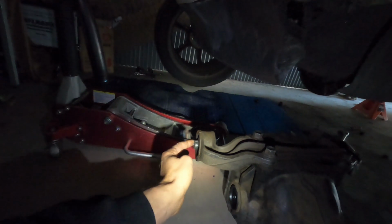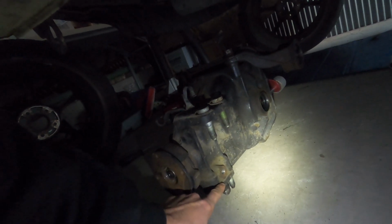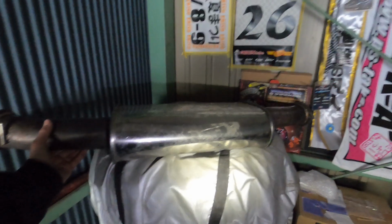It's got the 2 bolts on the back of the diff, 4 for the drive shaft. It's got 5 here on the front of the diff from the power plant frame, another 4 on the front of the power plant frame for the gearbox. It's got 3 on the rear knuckle, top, lower,